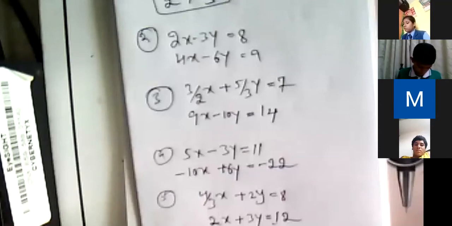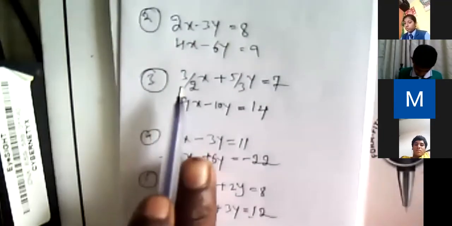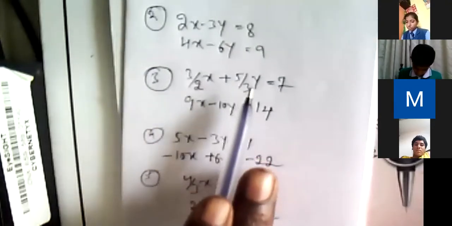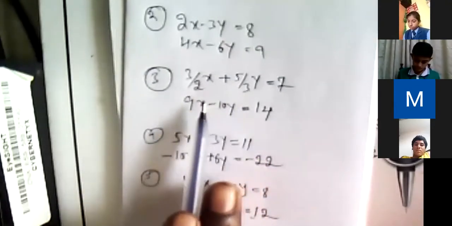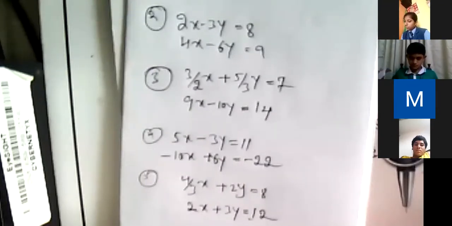Third one ಏನು ಮಾಡ್ತೀರಾ ನೋಡಿ ಇಲ್ಲಿ, here fraction is given as, 3 by 2 fraction ಇದೆ, 5 by 3 fraction ಇದೆ. What you will do? Take LCM. Take LCM, and the coefficient should be whole number. ಇಲ್ಲ ಸರ್ ನಾನು ಇದೇ ತರ ಹೀಗೆ ಸಾಲ್ವ್ ಮಾಡ್ತೀನಿ ಪ್ರಾಬ್ಲಮ್ ಅಂತಂದ್ರೂ ಸಹ ಮಾಡಬಹುದು. Okay, you will get correct value, no problem.